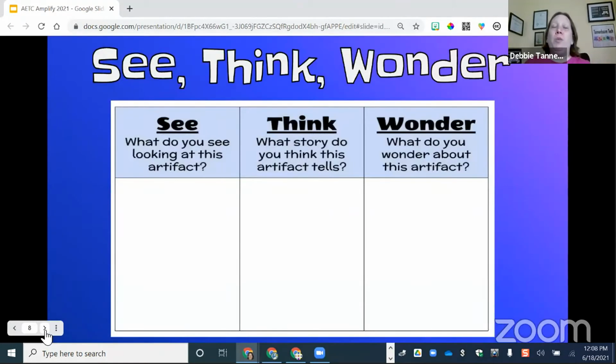So I'm going to share with you a few of my favorite thinking routines. As I start this, I'm going to say this many, many times today. The goal of using thinking routines is not to collect them. It's not to say, well, I used 10 thinking routines this week. That is not the goal. The goal is to look at the thinking routines that are available, and I sometimes talk about it like an all-you-can-eat buffet, and decide which ones best fit your needs, which ones are for you. Not everything is going to be for you.